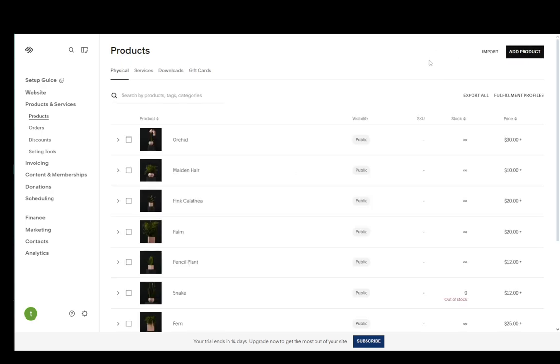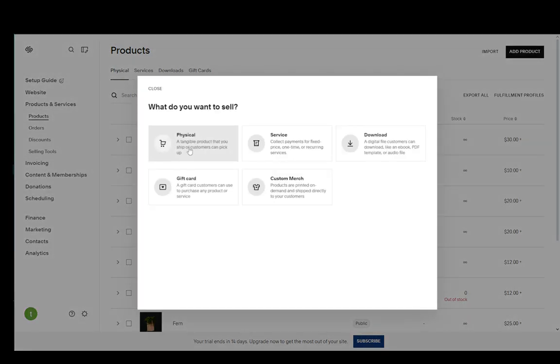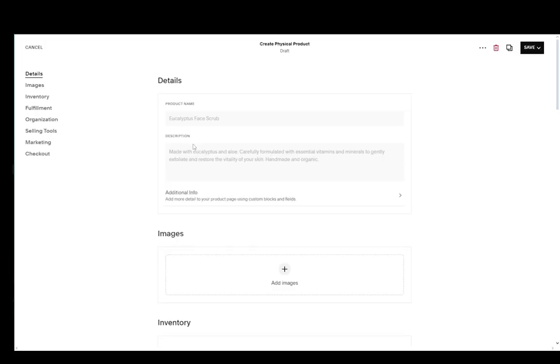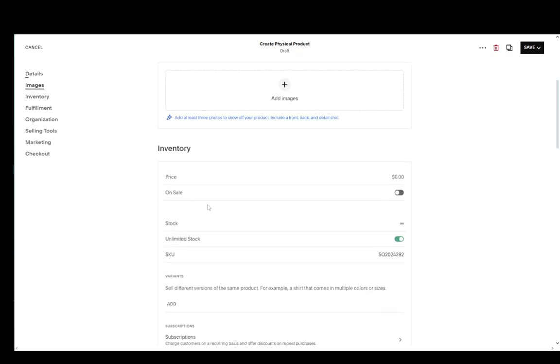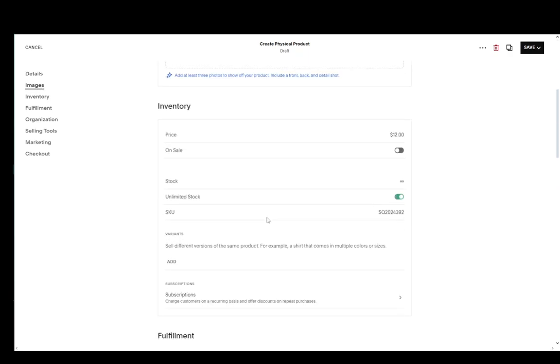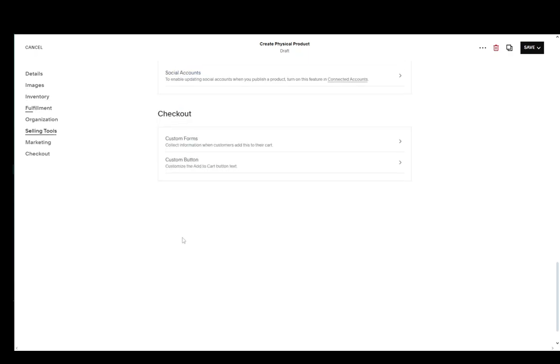If you're transferring from another online storefront such as Shopify, you can easily export the items as a CSV and add them over here by importing. That's very easy to do and very useful. But I'll go ahead and add a product. I'll add a physical one. This will take me to the product details and product information page. I'll add just some test text, add the price as $12, keep the stock unlimited,